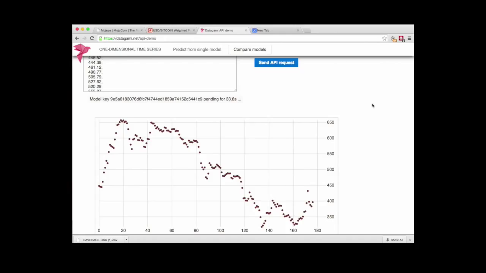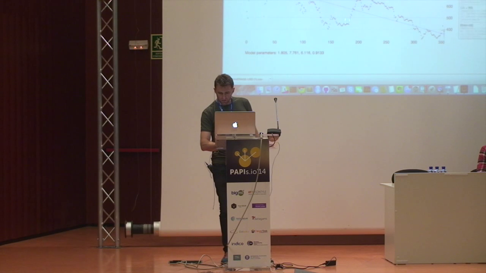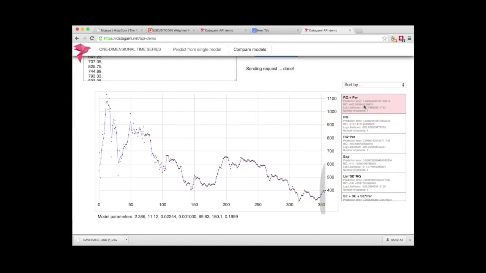That was supposed to be in the cache because I'd run that earlier. I'm not quite sure what went wrong there. I'll do this. Aha! This was one I trained earlier using something more like an entire year's worth of data. And you can see what we've got is a bunch of models with different kernels.